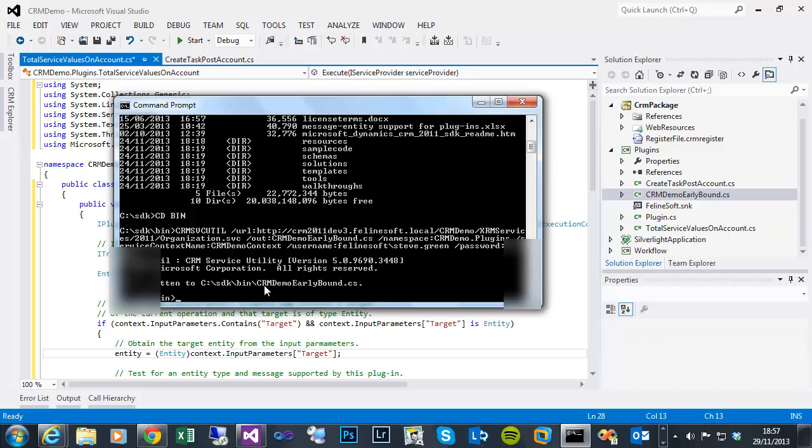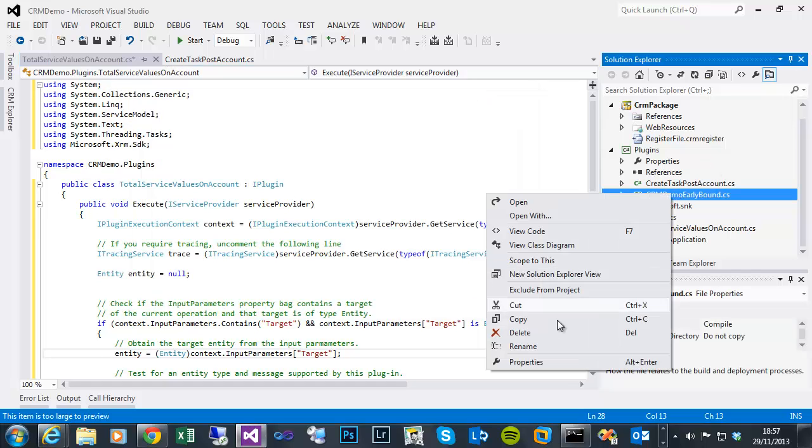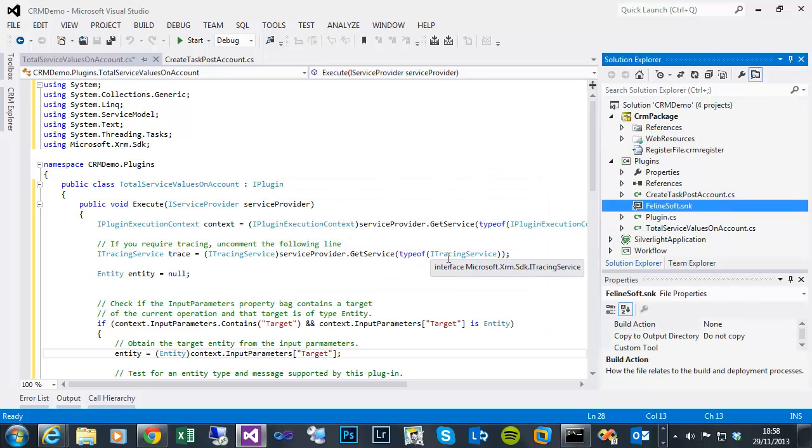So that's now output the early bound class library, which I now need to replace the previous one that didn't have the newly created fields. So it's always important to know that if you do any customizations, add any fields, and you want to be able to reference them in code, early bound, you have to regenerate that library. So if I delete the previous version,